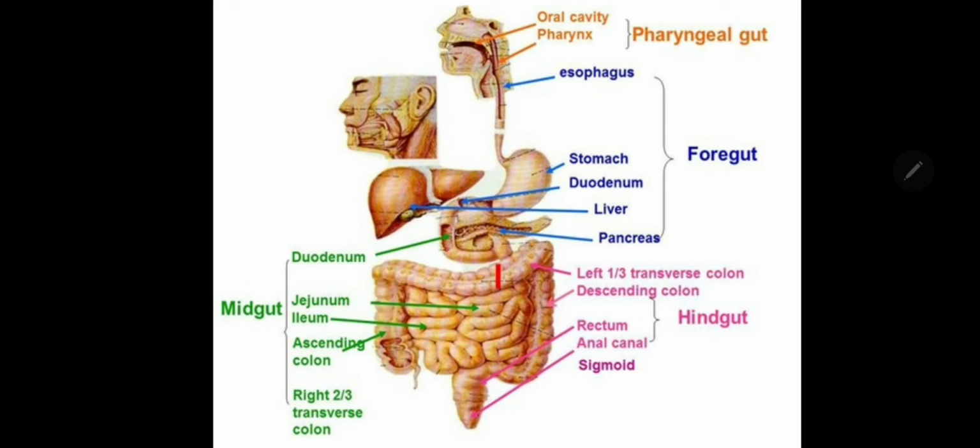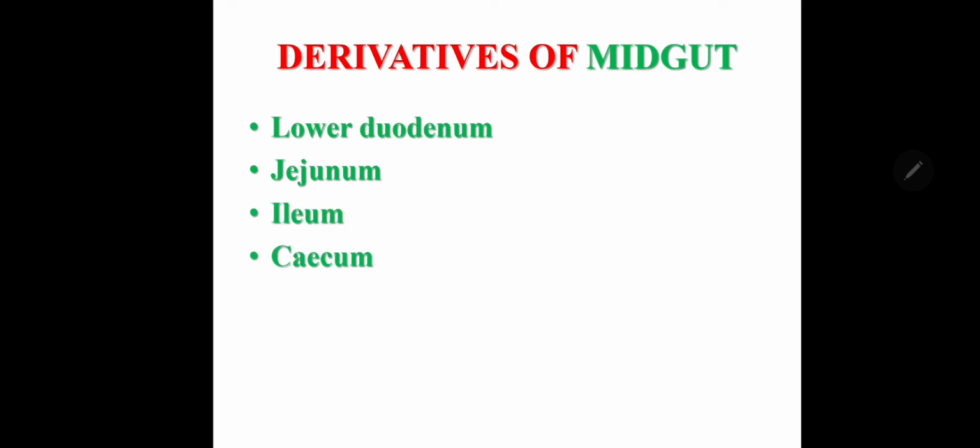Even though spleen is derived from the foregut, it is not a true derivative of the foregut because it is derived from the mesenchymal condensation, but it is still supplied by the splenic artery, which is a branch of the celiac artery or celiac trunk. So you can remember, spleen is also derived from the foregut, but not from the endoderm of the foregut. It is derived from the mesenchymal condensation. So it is not directly derived from the foregut, but it has the blood supply from the artery of the foregut.